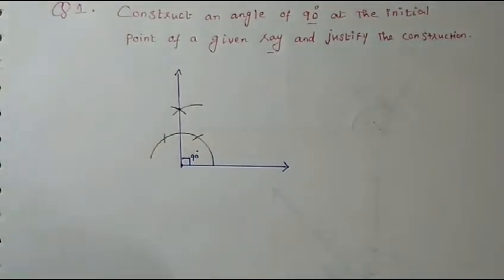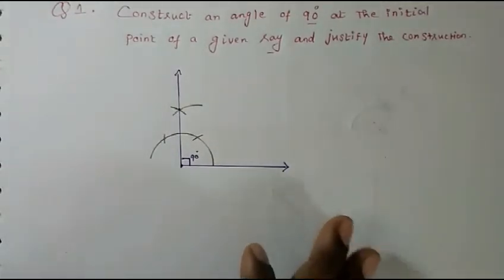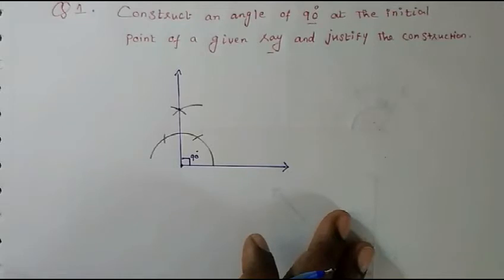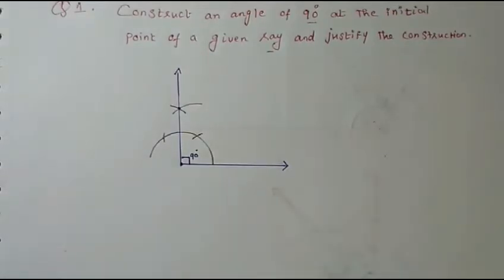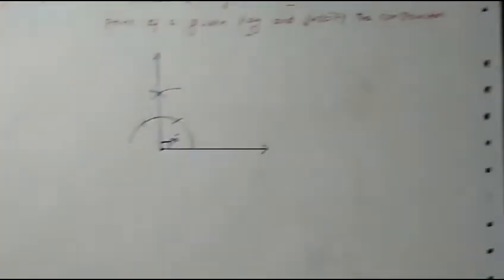This is 90 degree. Now what are the steps you have to write? If steps are not asked also, please write in your own words because these are compulsory. Now steps, how will you do? Exactly what you did, same thing, put it in your own words. I'll explain to you here how to write the steps.